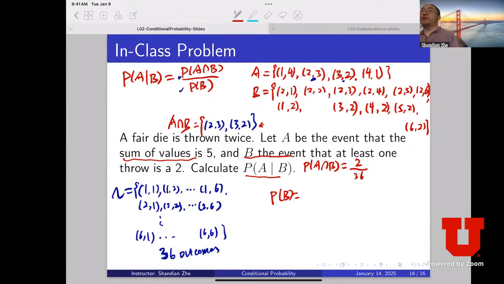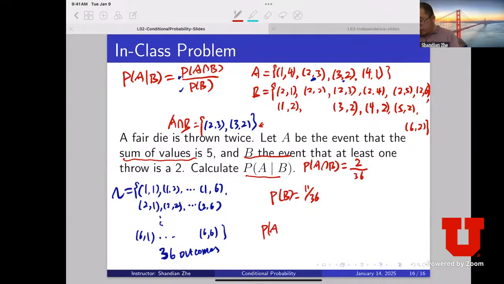Yeah, 11 over 36, right? Why is it 11? Because the size of B is 11. If you just count 1, 2, 3, 4, 5, 6, and 1, 2, 3, 4, 5, together that's 11. So it's 11 over 36. And then through the definition,